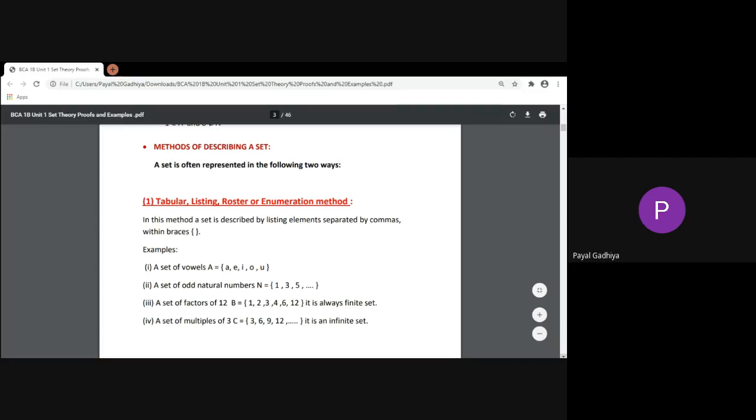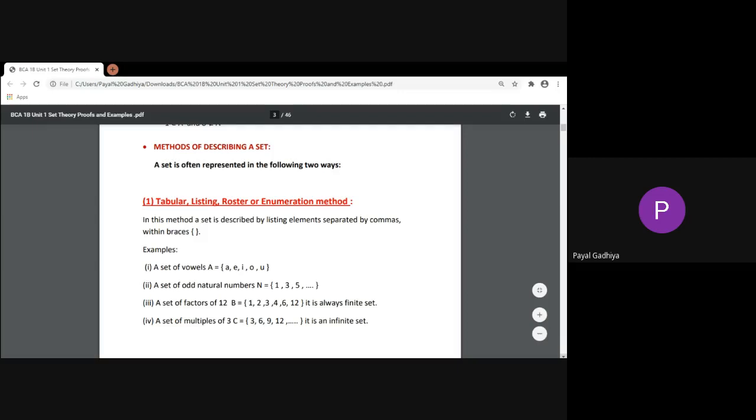Set of even natural numbers. Yes, this is capital B equals 2, 4, 6, 8, 10, and infinity. So comma dot dot dot. This is the example given by Chigme Thinley user. This is B equals 2, 4, 6, 8.